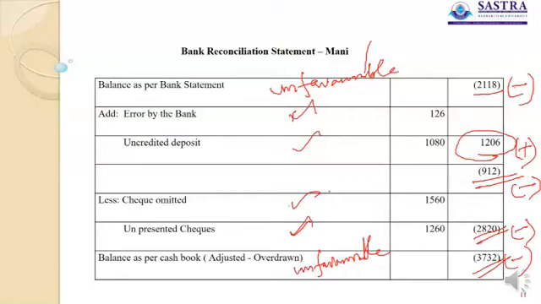In fact, when we take the unfavorable balance, the cash book should not have shown the unfavorable balance, and it is not supposed to be with the credit balance. The cash book is always to have the debit balance. But in this question, for the sake of understanding, when it comes to appear with an overdrawn balance, how to find it out, how to reconcile with the other book's balance, that's why we have taken this example. And balance as per bank statement is unfavorable, and balance as per cash book here also unfavorable, and what we have calculated putting into the cash book.